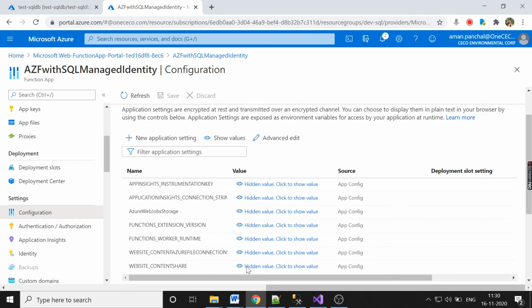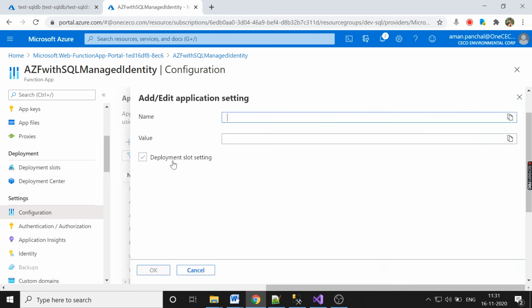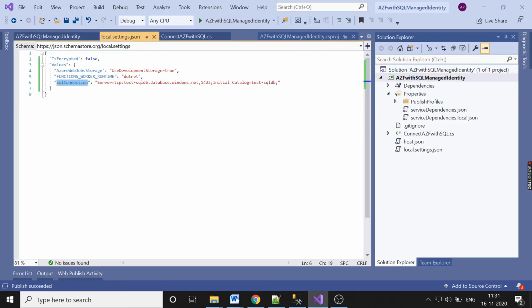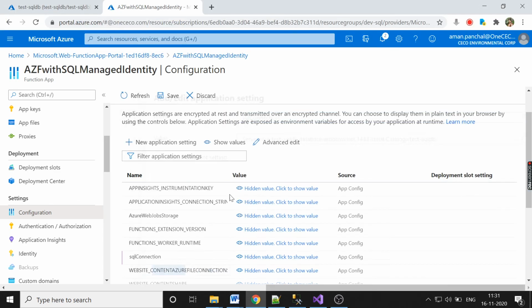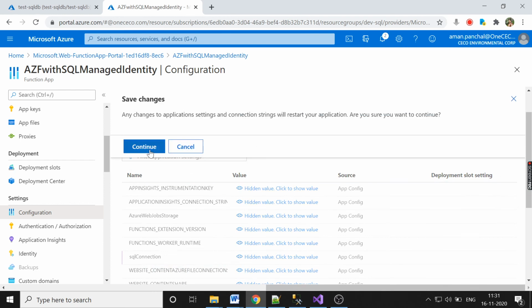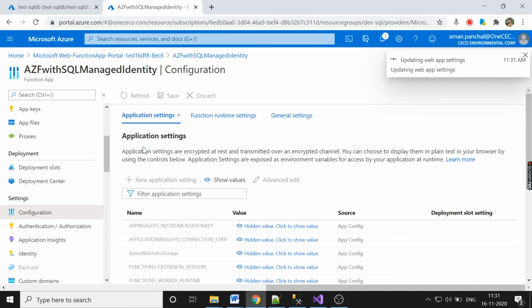If you see here, we don't have any. So let me quickly add this and save it.